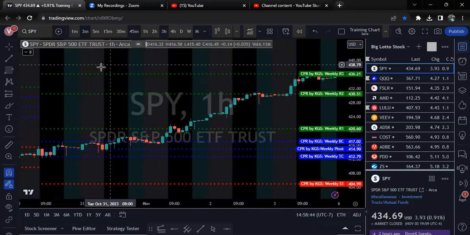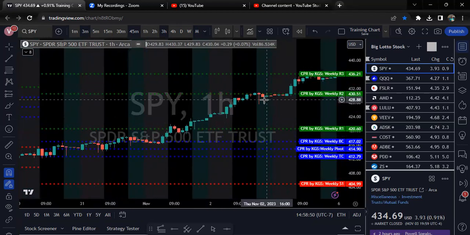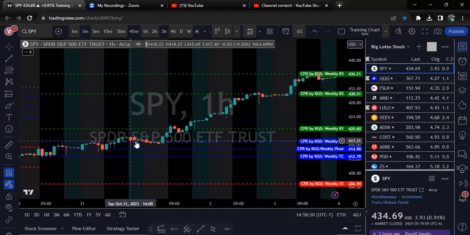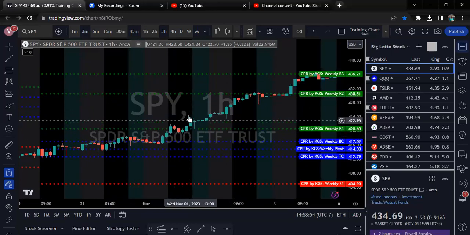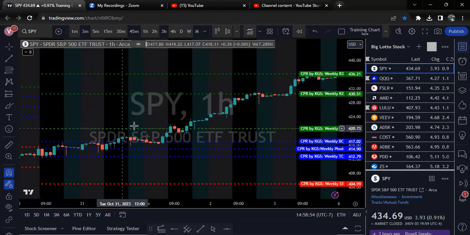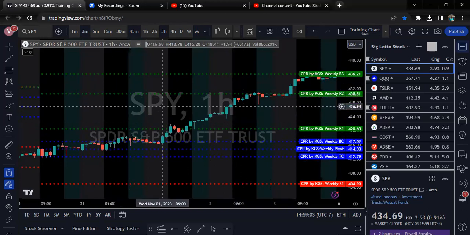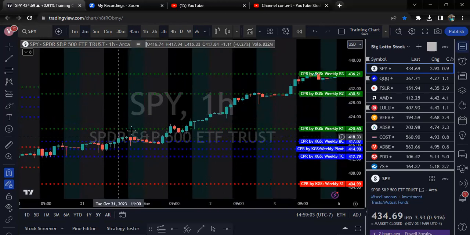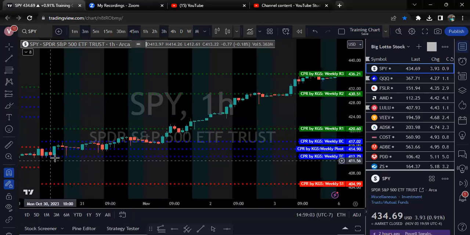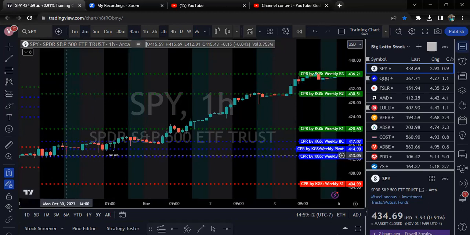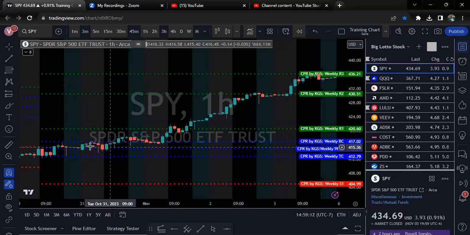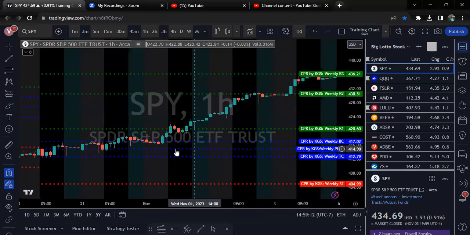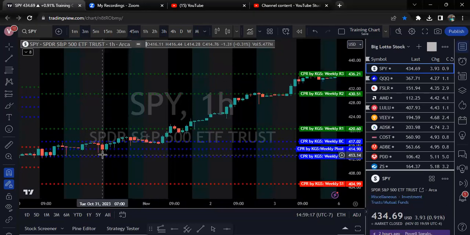But I wanted to talk about CPR, not just CPR. I wanted to talk about the indicators that are showing you the levels where you're expecting that stock to go for the week or for the month. One of them is the CPR, where you have the weekly CPR. It shows you where this stock is headed, especially on Monday when it updates, and you're looking for narrow CPR. Then if a stock doesn't have a narrow CPR, it has a medium CPR or a wide CPR,